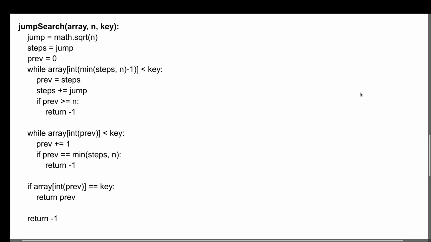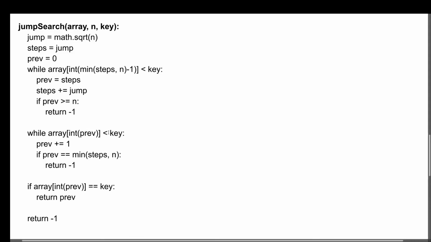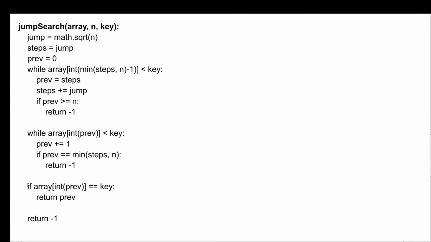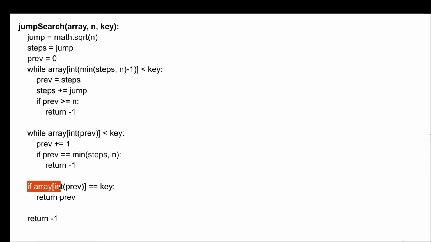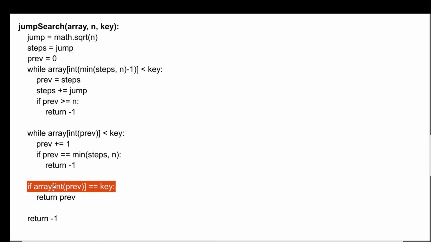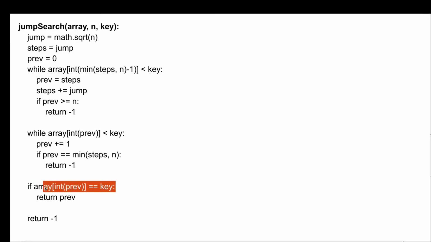Now after this it is false, as you can see. Okay, key element is 69 and the element is 72. Now this is going to come out of this and execute this line, and you can see previous is 7.65, it means 7, and key is 69. So basically this element is 72 and this element is 69. And is this equal? No, this is not equal. Okay.